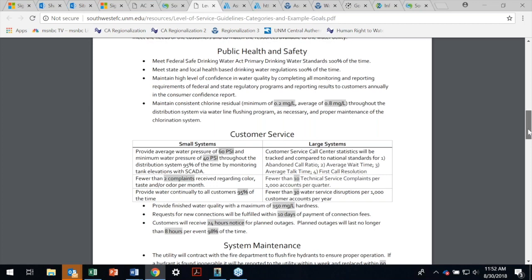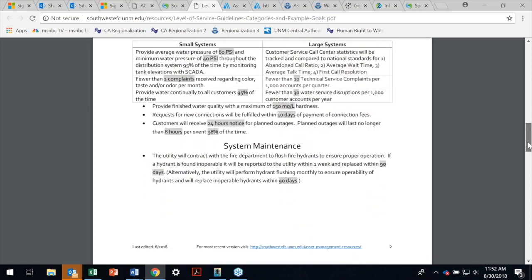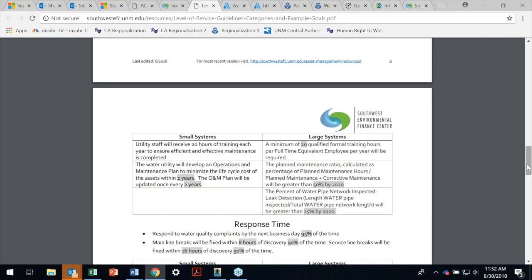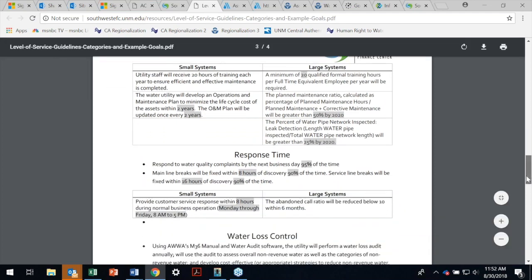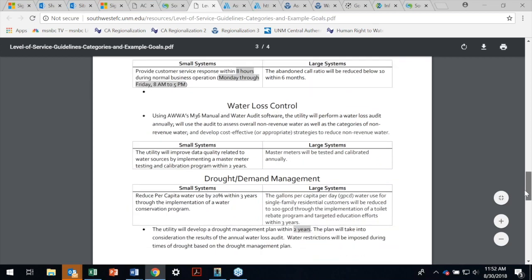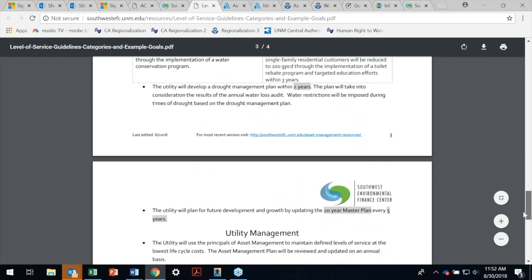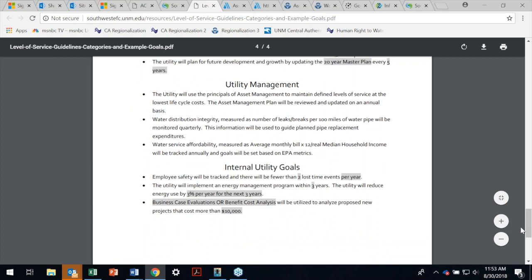So it has public health and safety, a little bit of customer service, system maintenance, response time, like how fast you're going to respond to different things, a little bit of water loss control, drought and demand management, utility management, and internal utility goals. And you'll notice that there are some grayed out areas. These are actual target levels that you can feel free to change to whatever you want them to be.